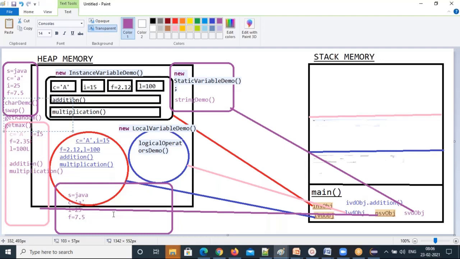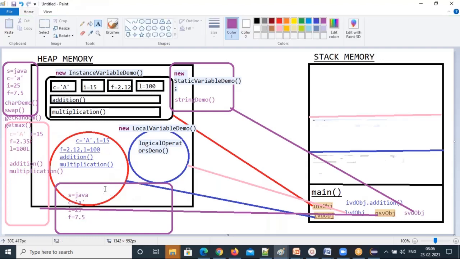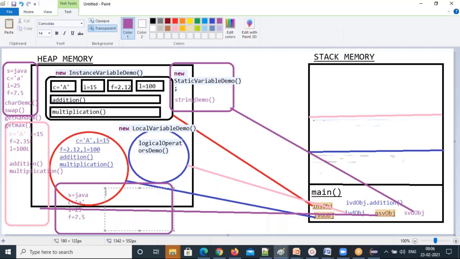Every time you create an object, the same variables will be copied each time you create a new object. Same instance variables, same methods will be copied to that address also. For every object, it will be copied. Are you clear on this? Yes, Ramesh. Quick question. If we assign the values at runtime, it will take the variable names first and then assign the values at runtime in each memory? Yes. At runtime, if you want to assign the values, whichever object you are passing the values to, those values will go and be stored in that variable.